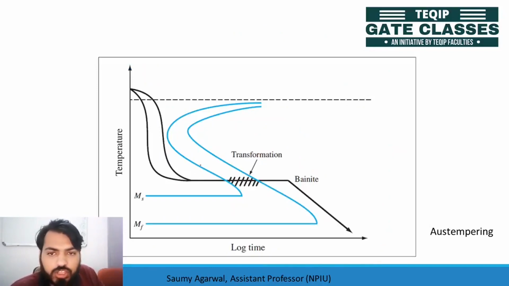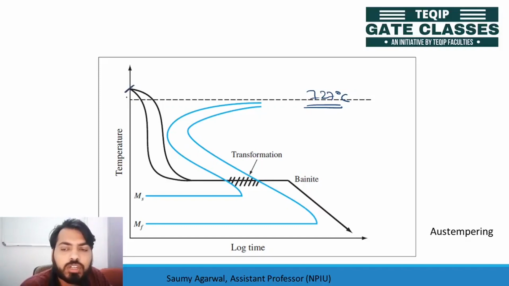So okay, this is over here, we can say this is 727 degrees Celsius, this dotted line the eutectoid temperature. So you are heating above the eutectoid temperature. Okay, and then you are making this over here. Over this, you can see we have two kinds of diagram. The upper one is the surface, and this one is the core. So this belongs to the core, and this cooling rate belongs to the surface.